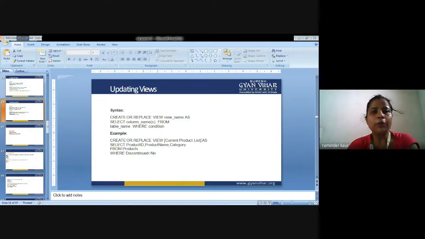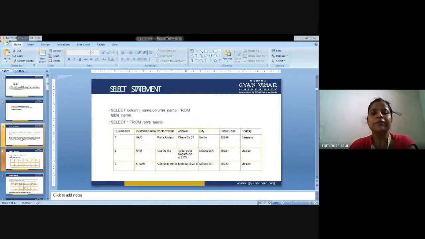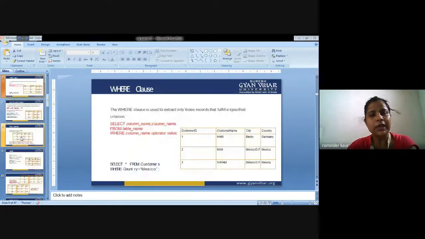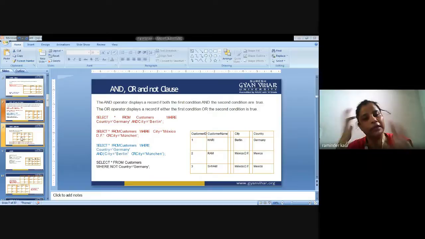So this was all about today's lecture. I am just briefing it. Have a look. I discussed various commands, that is the SQL overview. First is the select statement, how to select a particular column from the database, then select distinct values from the database, then the where clause by using a condition so that more filtered data will be there. Next, the and, or and not clauses, meaning in the where condition there would be more refined data by using the and clause, or clause and not clause. And means both conditions must be true, then the data will be fetched.